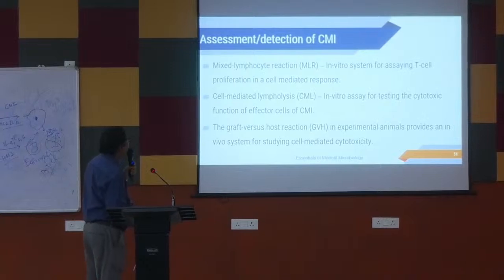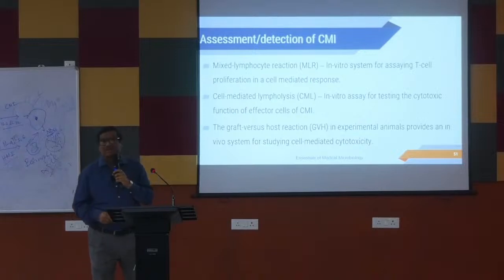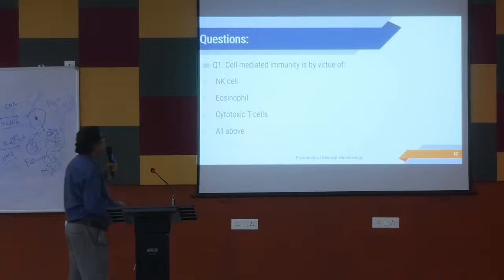অ্যাসেসমেন্ট অফ CMI আছে, সেটা কি করে বোঝা যায়? যে MLR একটা মিক্সড লিম্ফোসাইটিক রিয়াকশনস বলে একটা জিনিস আছে, সেটা টেস্ট আছে আর কি, সেটা দিয়ে করা যায়। এটা আমরা ওই যখন কিডনি ডোনার তাদের মিস ম্যাচিং অফ দি অ্যান্টিজেন্স করি, তখন এই MLR রিয়াকশন টেস্ট করা হয়।